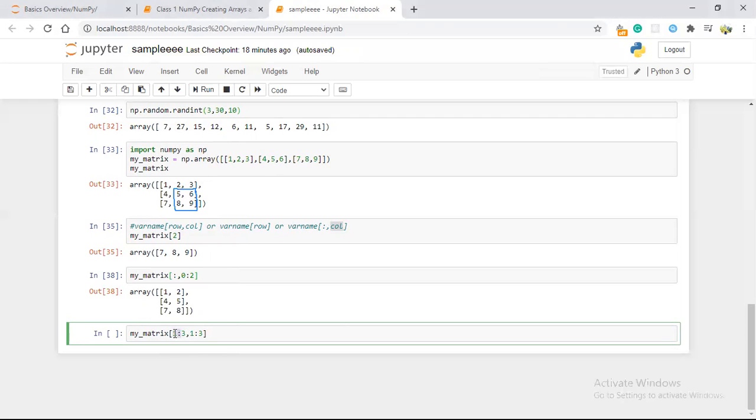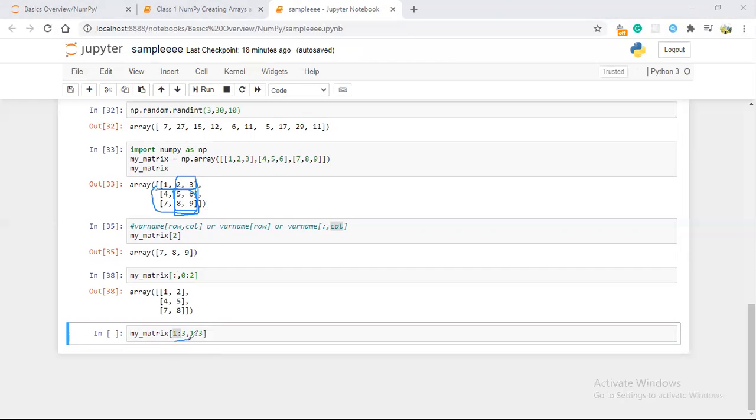For this 1, 2, 3, Python will get this complete row. So 1 and 2, it will always get, with the last value excluded. And for this column 1 colon 3, it will just get from this 1, the column. So it will get the output like this.